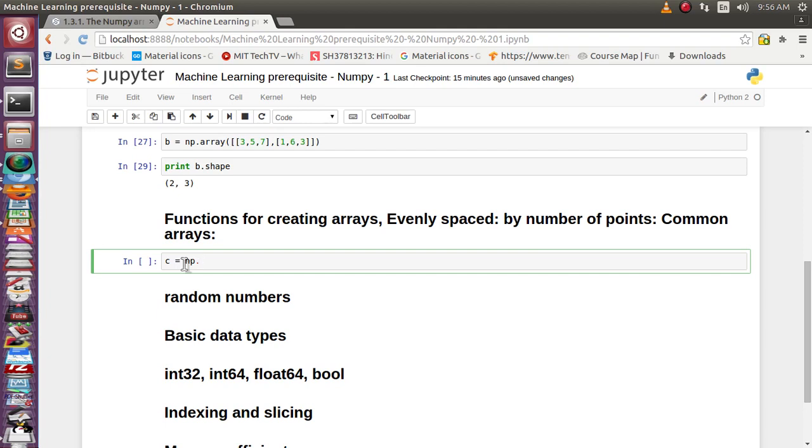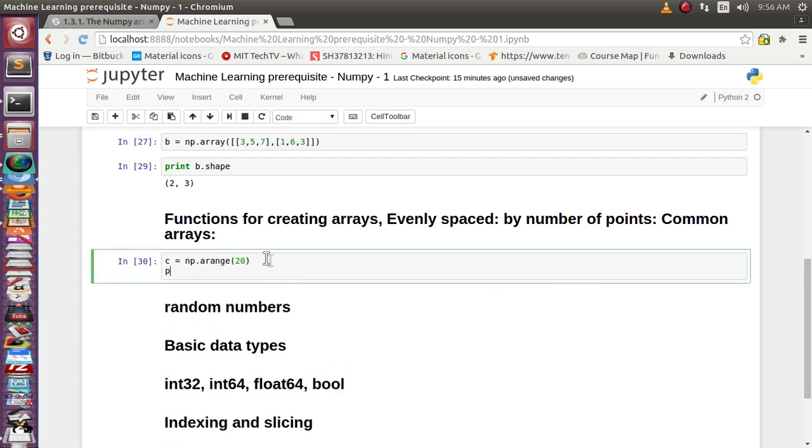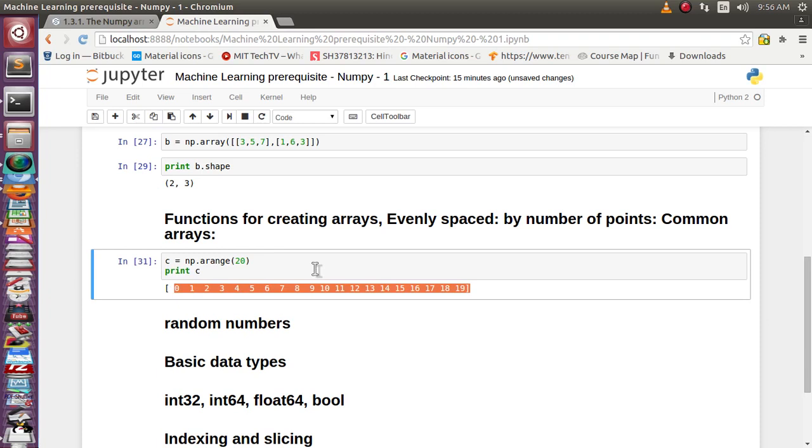NumPy has one function, arange. So suppose 20, so it will print all values between 0 to 20. It has printed 0 to 19, so a total of 20 values starting from 0.